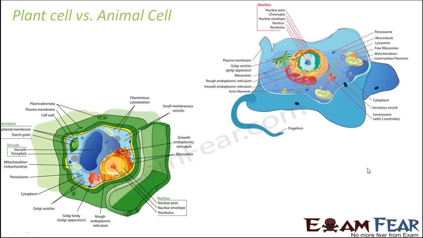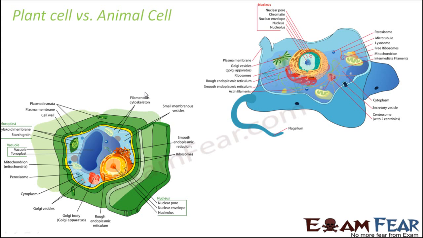So this is how they look different from each other. I don't think I need to explain the structure once again, because we have already studied each and every cell organelle making use of these pictures. So you all know where the cell organelles lie in each of them. For your reference, you can just have a look and revise whatever we have studied so far. You can try to pick any of these organelles and revise what its function is and how it is structured. That will be a kind of revision for you.